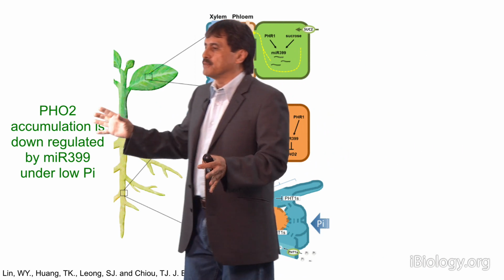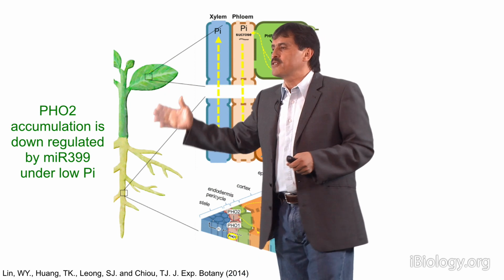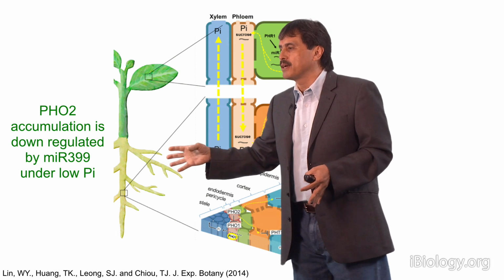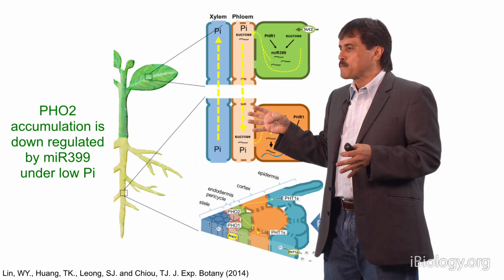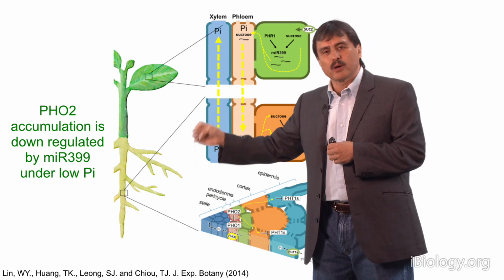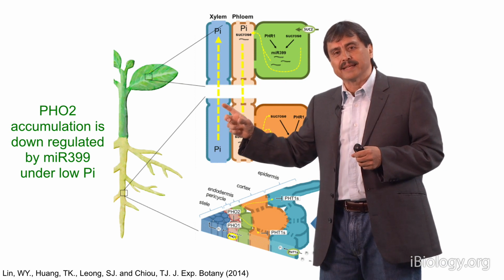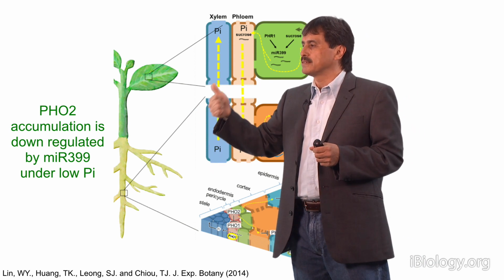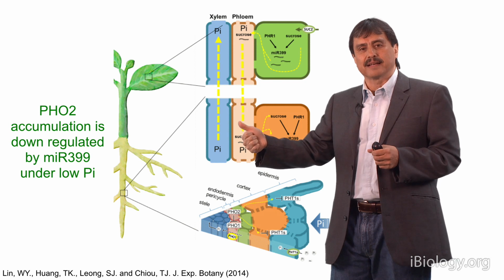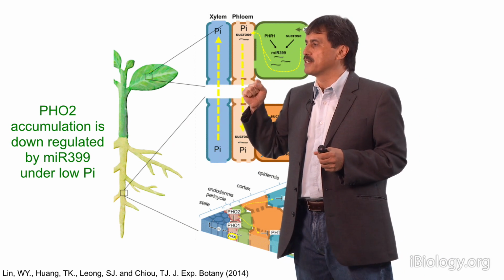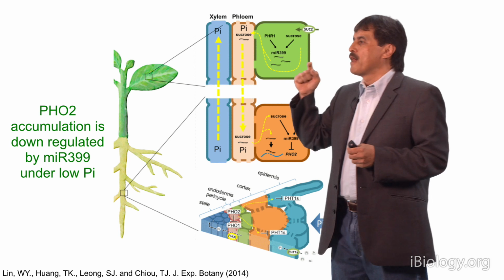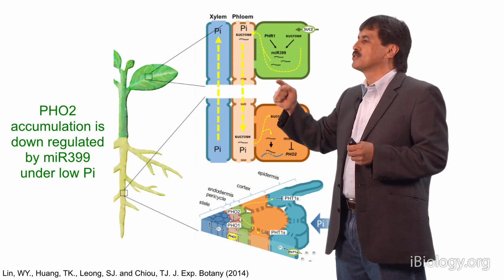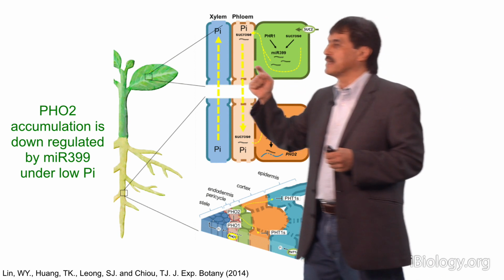Another interesting part of this story is that the accumulation of PHO2 is regulated by a microRNA. MicroRNAs are molecules that are encoded by genes that don't produce proteins, but instead produce small RNAs that regulate the expression of genes by either triggering the degradation of the messenger RNA or by preventing the translation of the messenger RNA. So what happens is that when you have high phosphate, there are low levels of the microRNA 399,